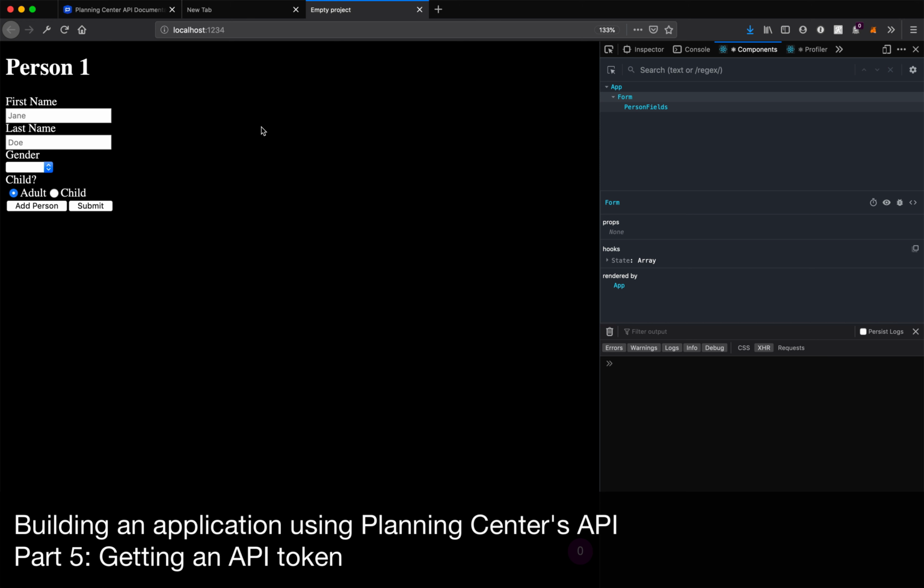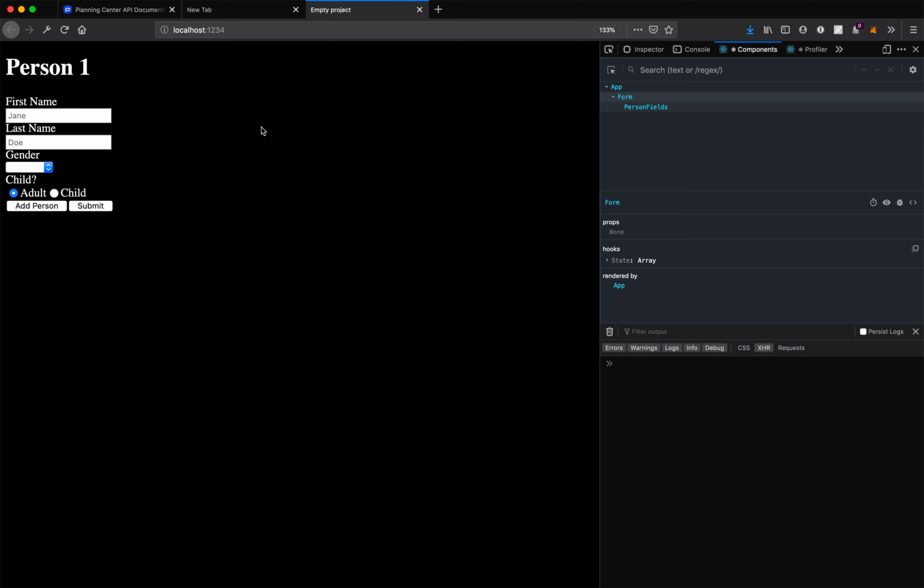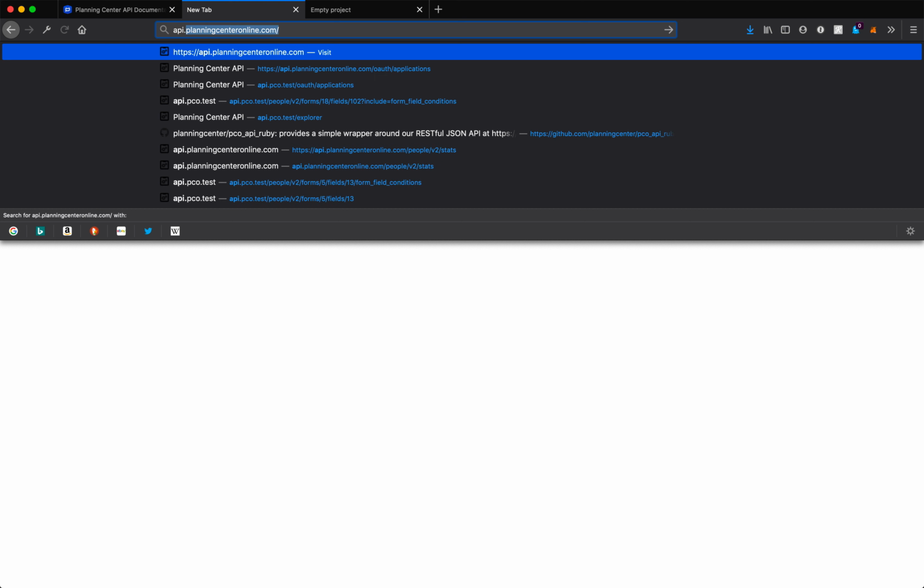All right, we've gotten our application to the point where we are ready to submit our information to the Planning Center API, well, at least to our Sinatra backend, which will then submit it to the Planning Center API. Now, one thing we're going to need before we do that is an actual Planning Center API key and a secret token. So to do that, I'm going to go over here in this new tab and just go to